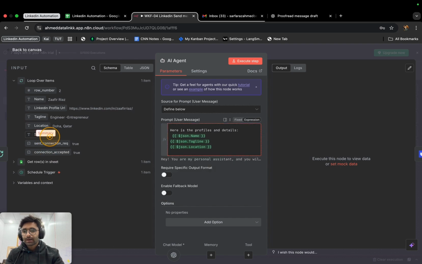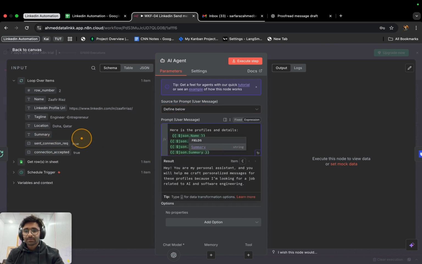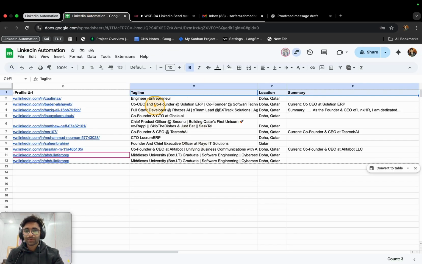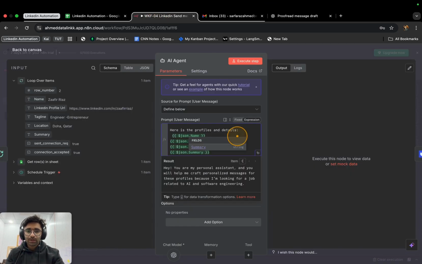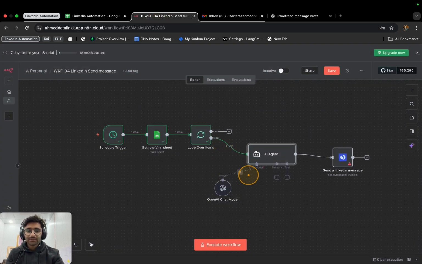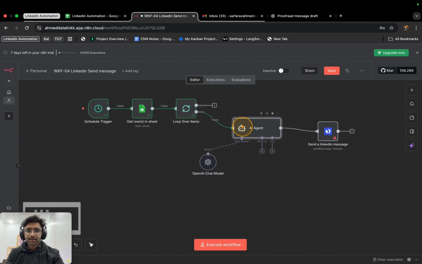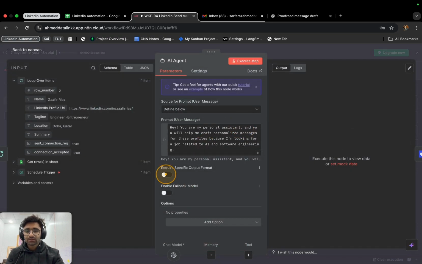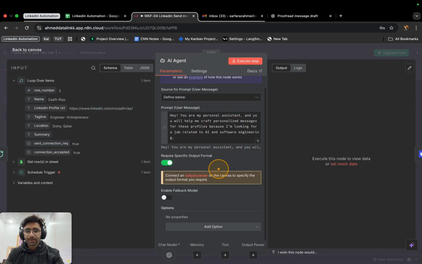I'm gonna provide this AI agent a summary as well, because some profiles have summaries as well. Okay, so now this AI agent will craft a personalized message, and I also want a specific format,